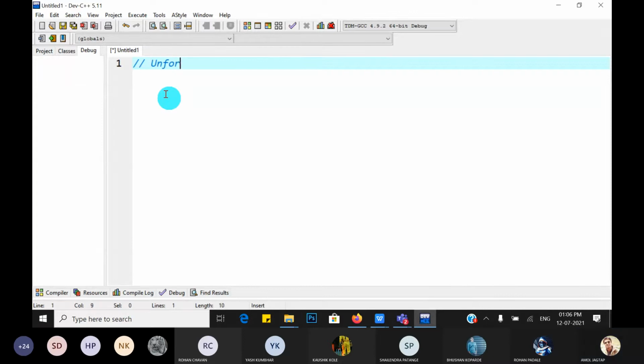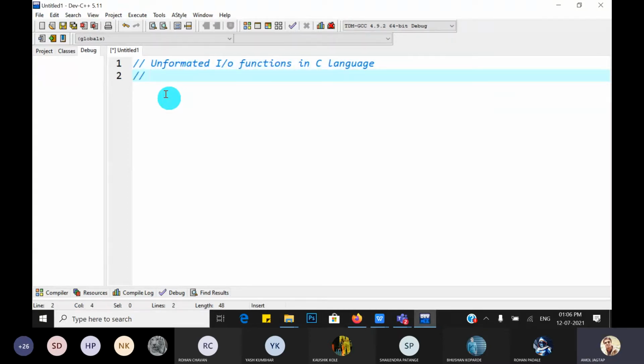Unformatted IO functions in C language. So before that, the IO functions are divided into two types.